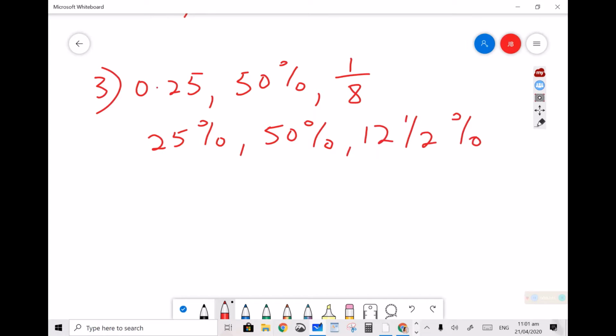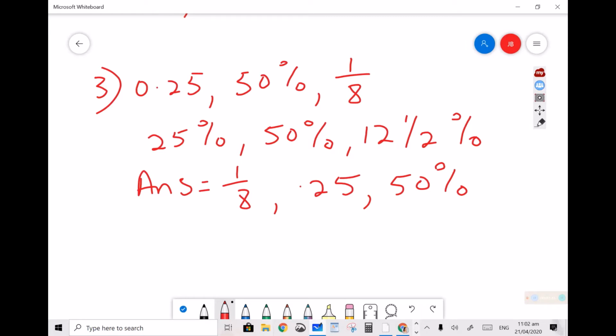So again, our answer would be 1/8, 0.25, and 50%. Okay, so I hope that this brief tutorial will help you with your conversions,